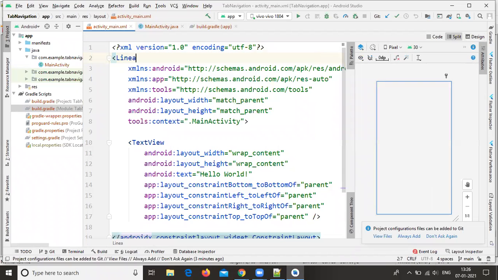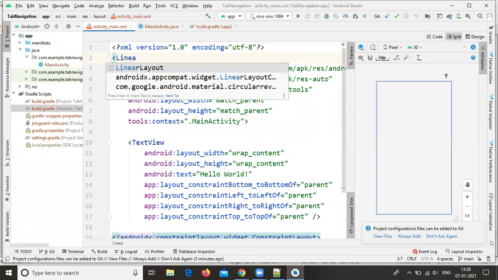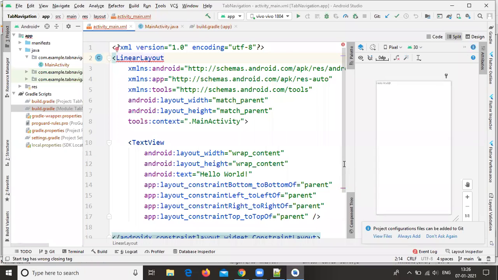Please change this constraint layout to linear layout and remove this text view also.